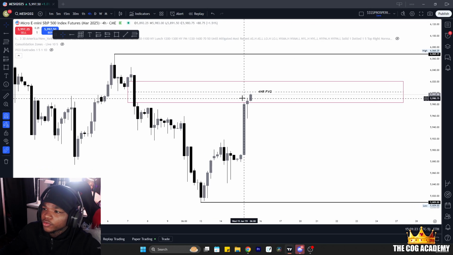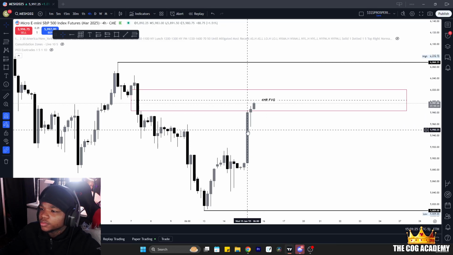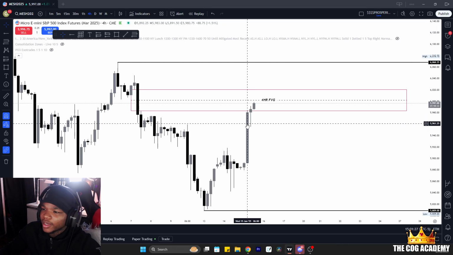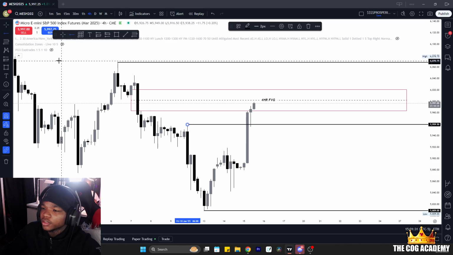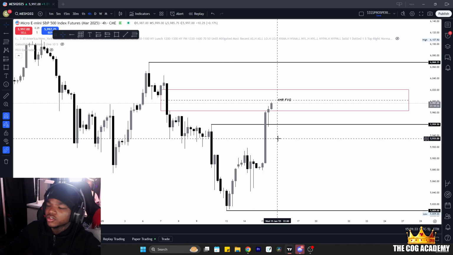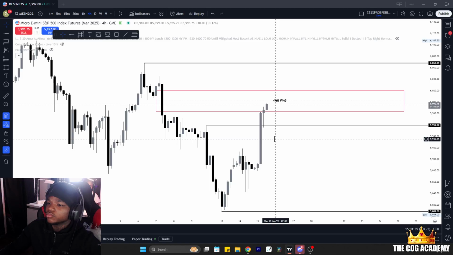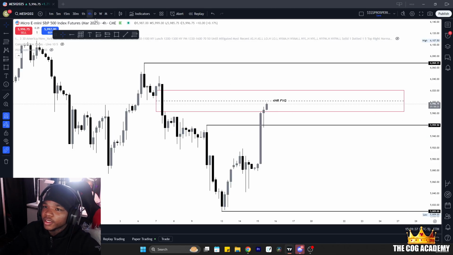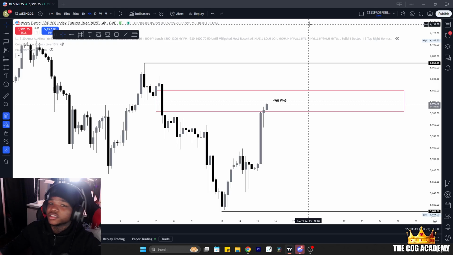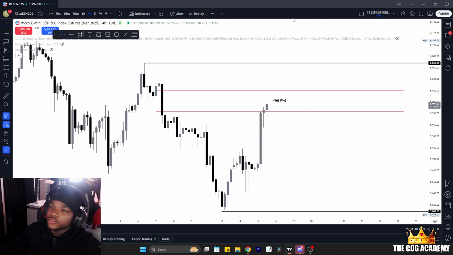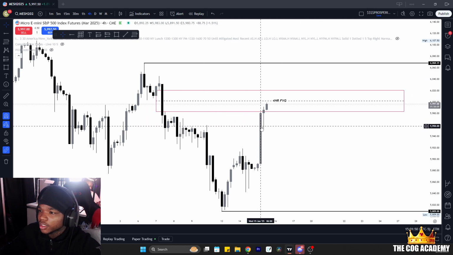So then from there, I said, okay, potentially around 8:30 or so, we was just sweeping out this liquidity. We swept that liquidity, so it's okay, we keep going. It didn't even get any backtrack on us. So I said, okay, that must mean this is bullish momentum to the upside for sure. So I'm looking for a retest to get in for the bullish momentum to keep going to the upside.